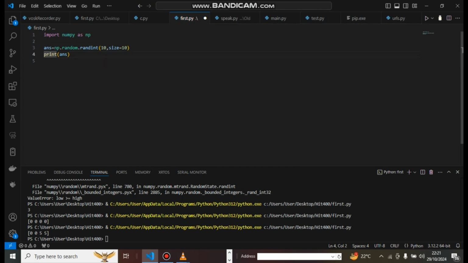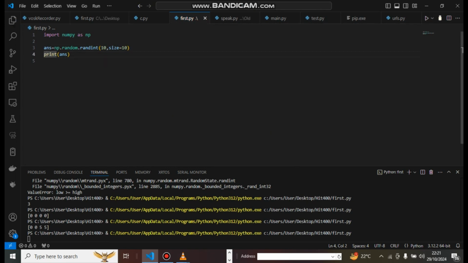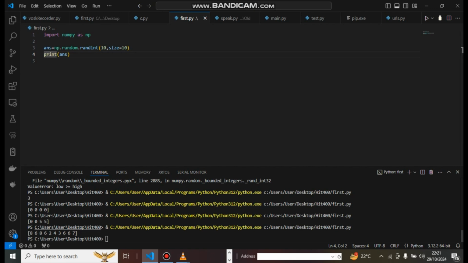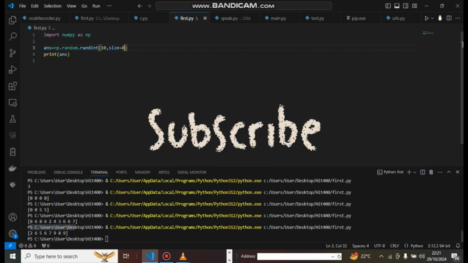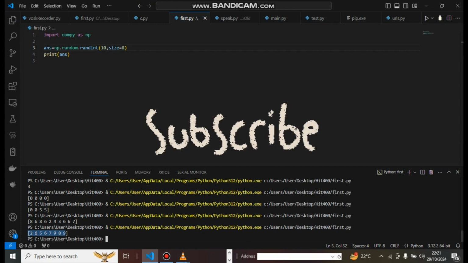So we're printing. As you can see, all these numbers are less than 10. If we change the size to 8, we'll get 8 numbers which are all